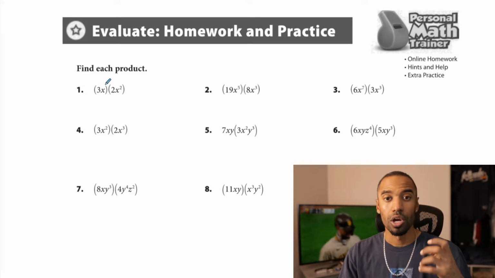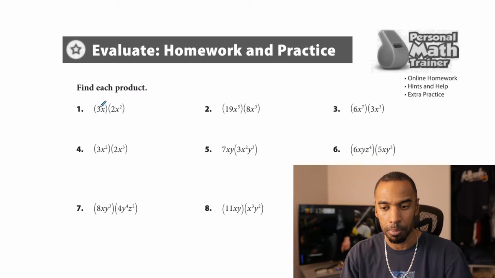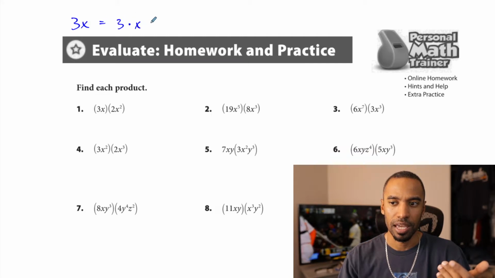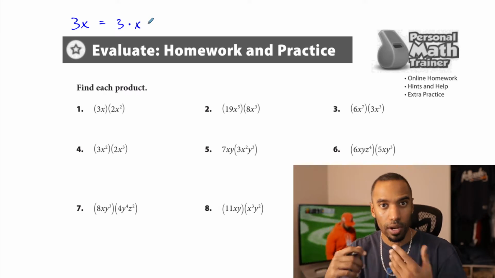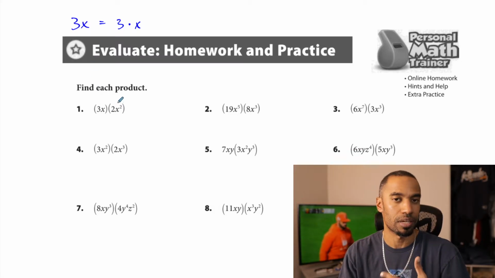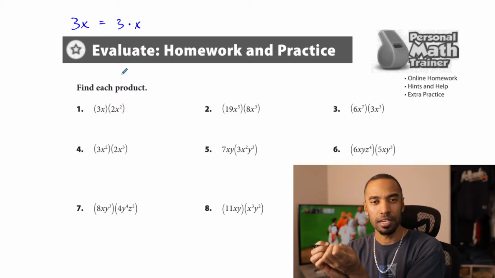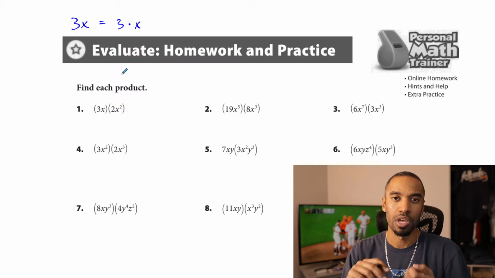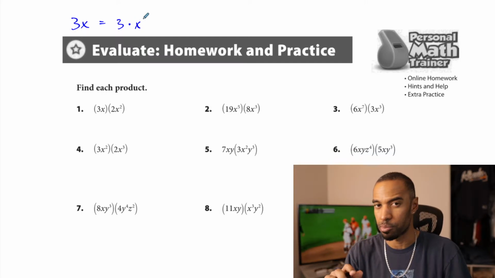For starters, as we're multiplying, what I want you to recall is that when you have something like 3x, 3x means 3 times x. And this is important because these two already are multiplying. So you want to know that those are multiplying in and of themselves and will be multiplying with something else as well. We're not combining like terms, but we are fusing items that are similar, such as numbers with numbers will multiply and variables with variables will multiply. So just make sure that you understand that 3x does mean 3 times x when it comes to multiplication,